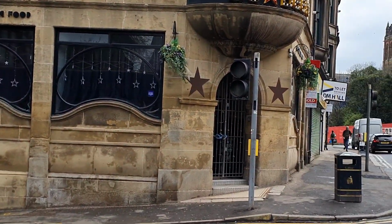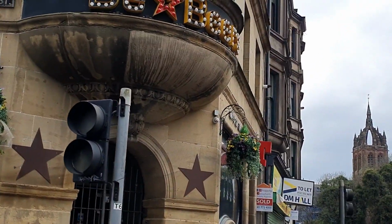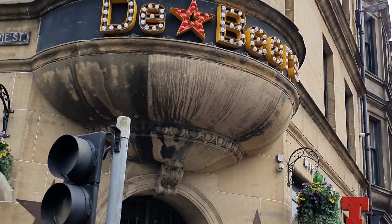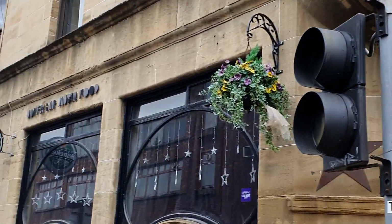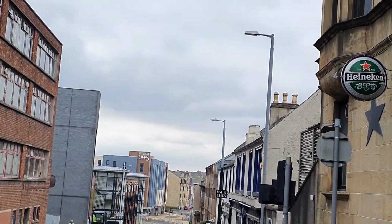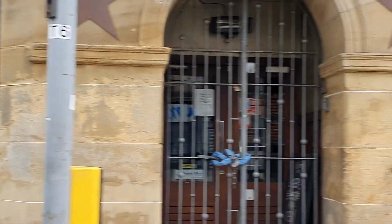Also got snooker tables upstairs. Probably in your youth, you've maybe been in there for a game of snooker. Also, they've got some slot machines, arcade amusements, etc. They've got De Beers on the left here, top of Story Street. I believe they've got a wee beer garden in the back now, which I think is going to be popular